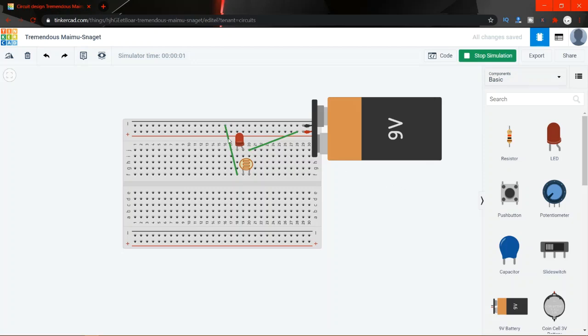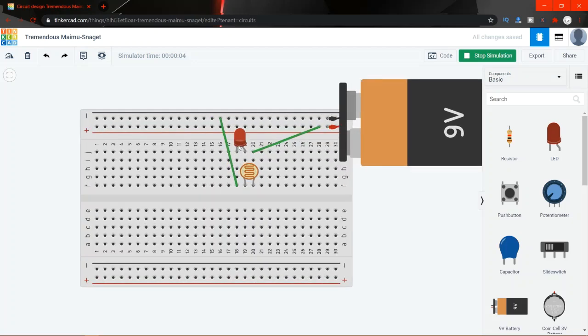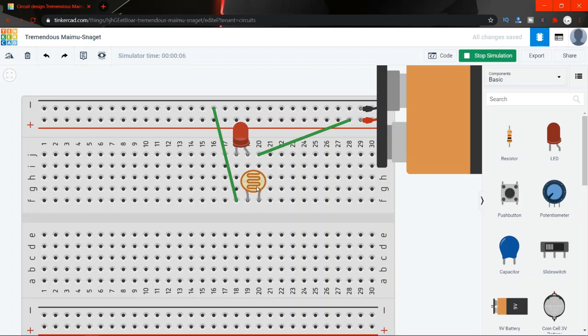You can see the LED is not glowing right now, right? I'll click on the LDR and increase the intensity of light falling onto it, and as you see, when I go from the dark zone to the light zone, the heavy light intensity zone, the LED starts glowing.